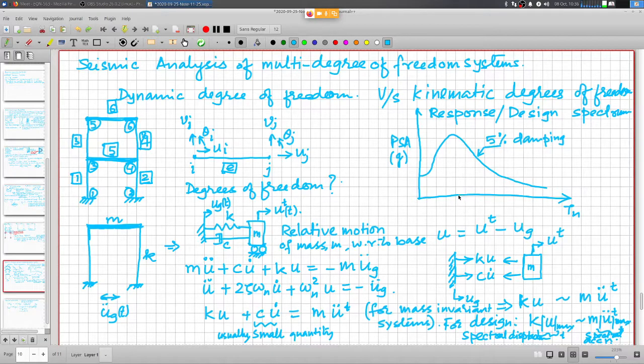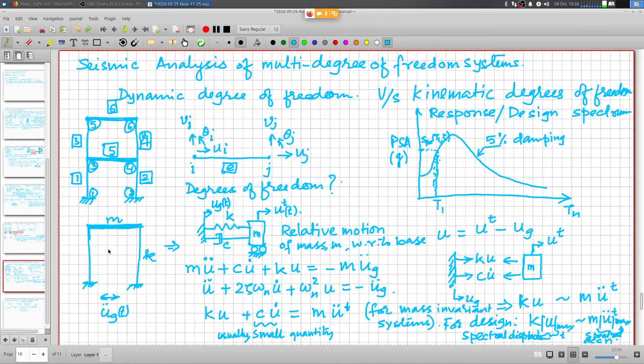Let's say for this particular system, it's a single story frame, so it will be a short period system. So let's say this is what it refers to, omega n. It's on the time period, so let's say T1. So just read out this value, SPA at T1, and what damping ratio.